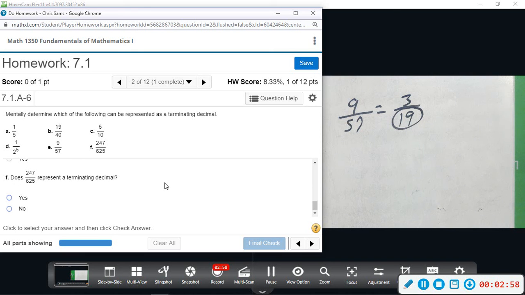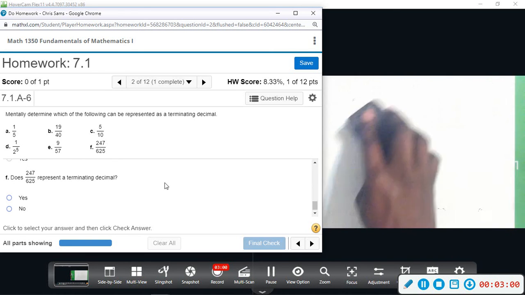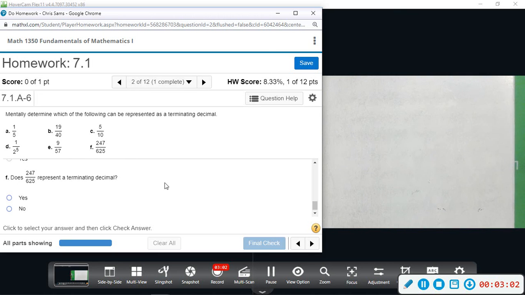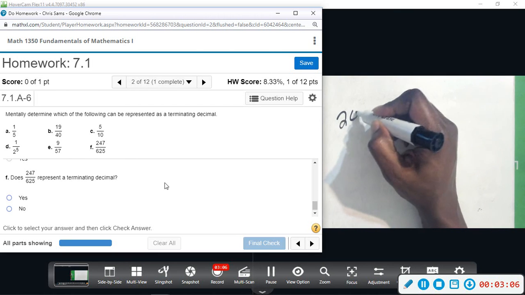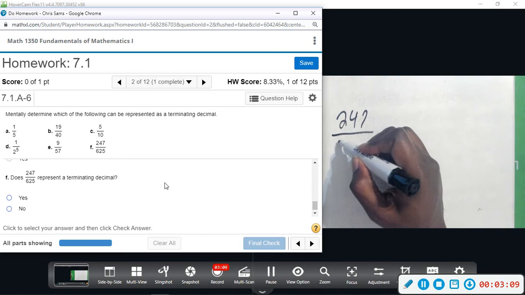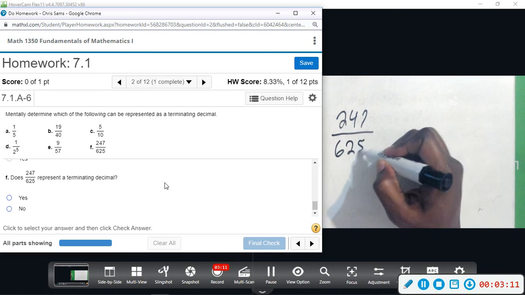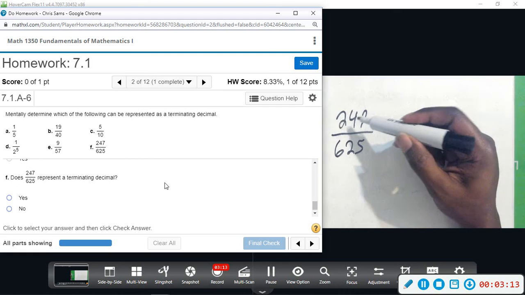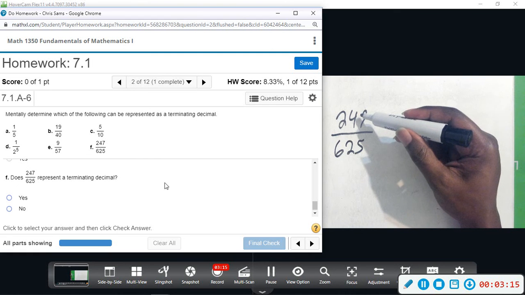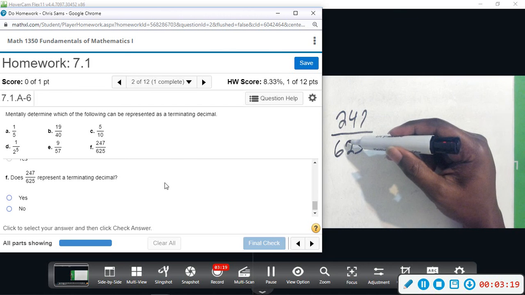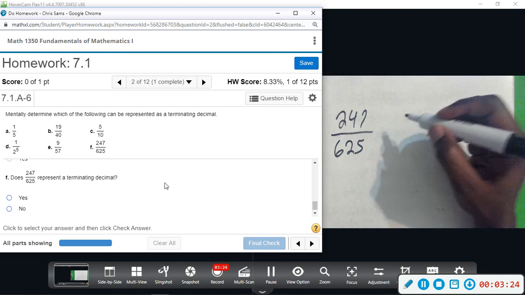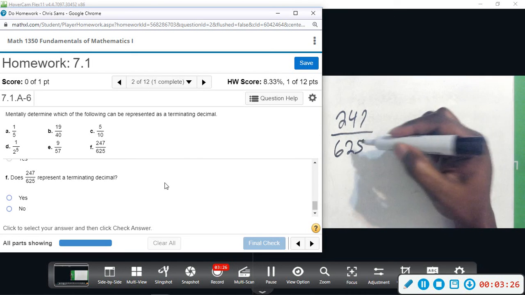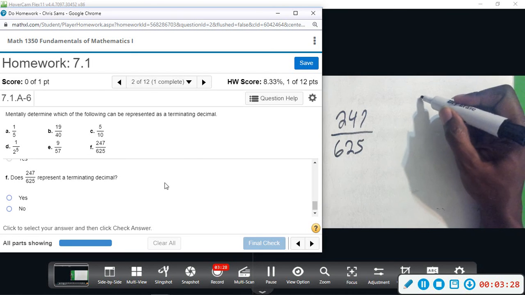And then we have 247 over 625. Alright, so this might be divisible. Let's see, 8, 13. Okay, so we're just going to focus on the denominator. I don't think we can reduce this, but if we do 625,